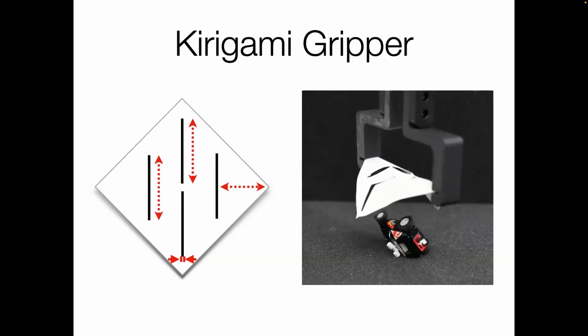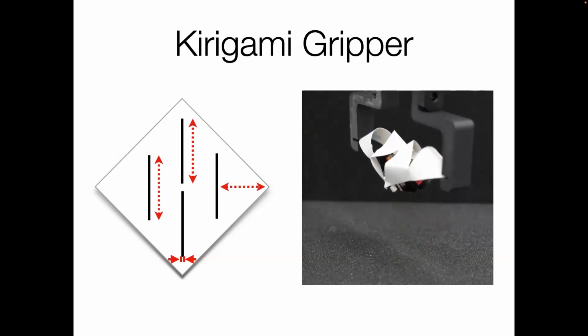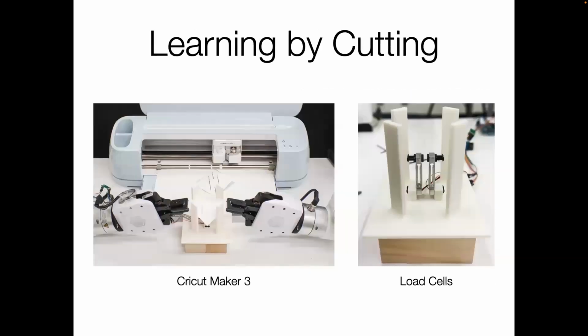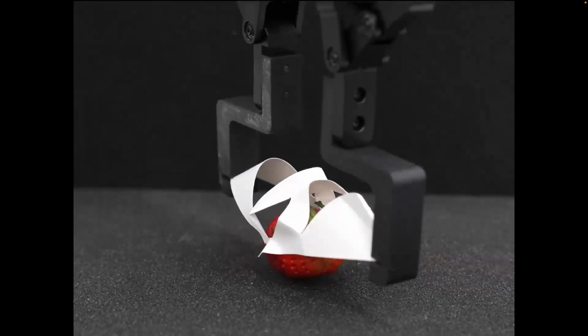These are potentially useful in health applications because this is disposable, right? After you build this gripper, you can throw it away and build a new one for the next person. So we built a similar type of approach, applying the same method that we did for the paper airplane, but rather than throwing it, it would actually try to grip things. And it could figure out, just from learning here,